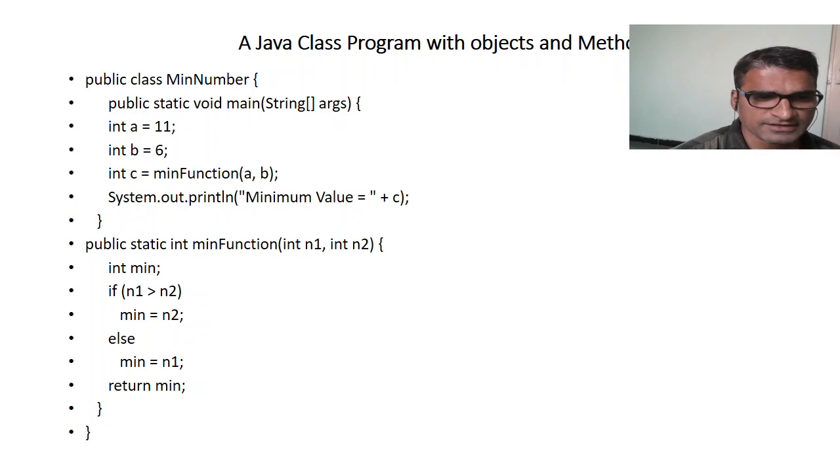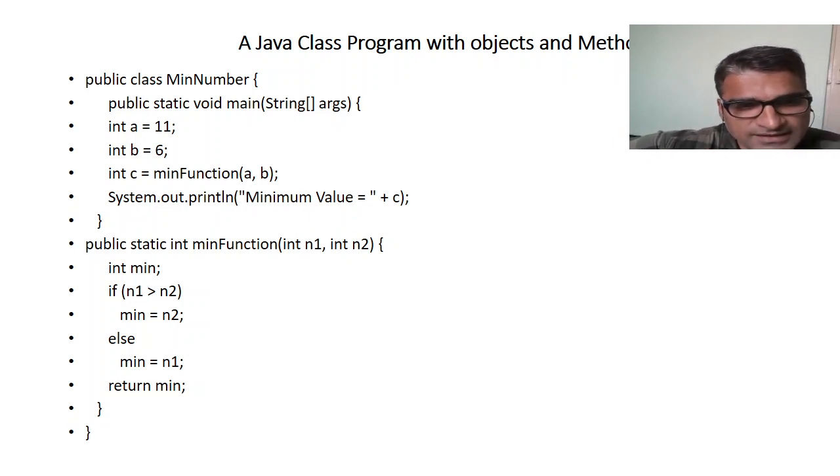So when I compare whether n1 is greater than n2, since our main focus is to find the object which has a minimum value, if n1 is greater than n2, obviously n1 has a larger value and n2 has the minimum value. That's why I am calling n2 the min value. Else, if n1 is not greater than n2, then the minimum number will be returned as n1. So in this way, by using a simple if-else statement, I am going to return the minimum number of two objects.